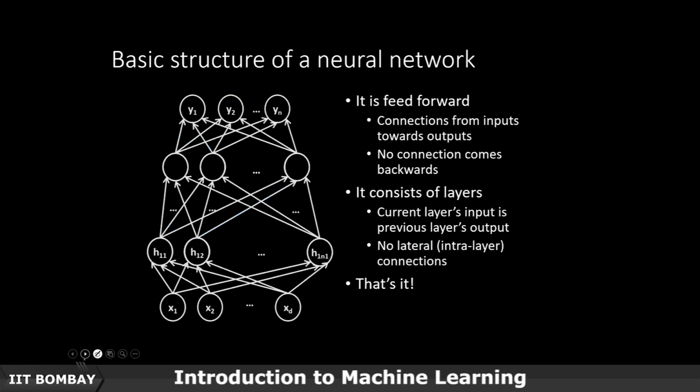But the basic structure of the neural network is the following: you will have a set of inputs. Inputs will be passed on to the next layer. They will not come back, they will not pass information to each other, they will just pass information to the next layer. That next layer will pass information to the next layer, and that will pass information to the final layer that will compute the output. Okay. So within this you have a bunch of hyperparameters. For example, how many layers, how many